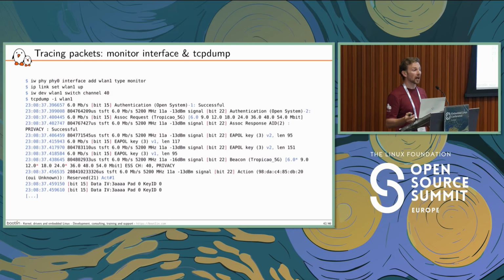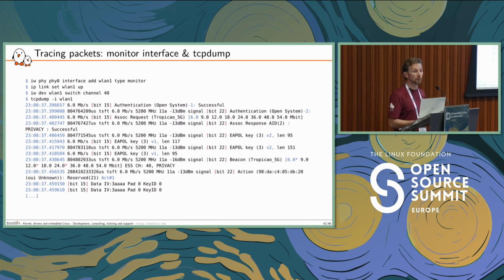Finally, at some point, you may be interested in packet contents and making sure that your driver emits the correct packets. You can use another device, like your development laptop, and raise a monitor interface onto it with the iw add command we have seen earlier. You will bring it up, possibly configure it to listen on a specific channel on which you are performing your tests, and then use some tcpdump.